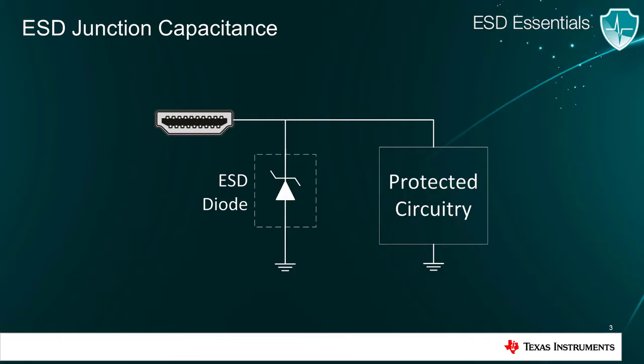Recall that the main goal of an ESD diode is to shunt current to ground during an ESD event and protect system circuitry. However, in the absence of ESD during normal operation, the diode should be ideally invisible to the system. In the real world, however, this is not the case since diodes have a parasitic capacitance which can interfere